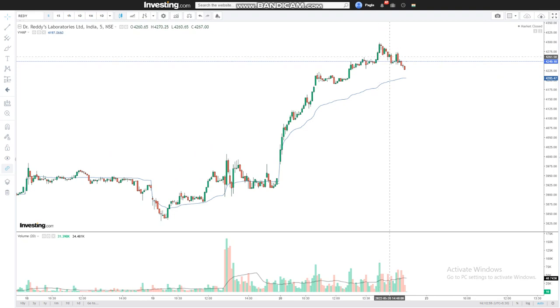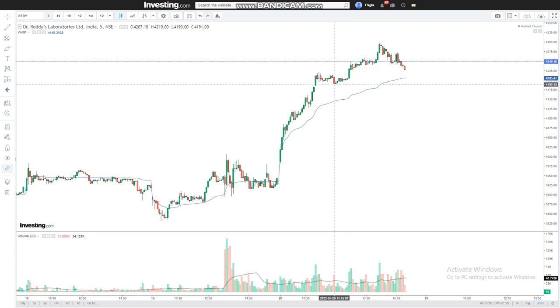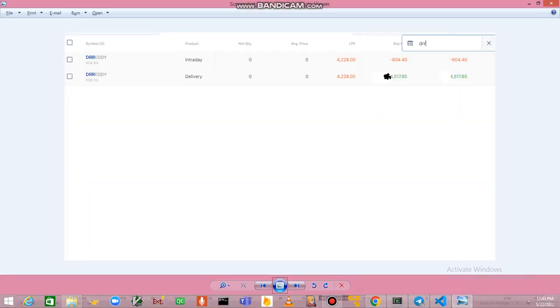So just as a showcasing, here you can see what I did was I created some positions in Dr. Reddy. It was roundabout over here, and it was roundabout on these levels. So when I created the positions, I knew that if this 4295 gets broken, then I will create short positions,